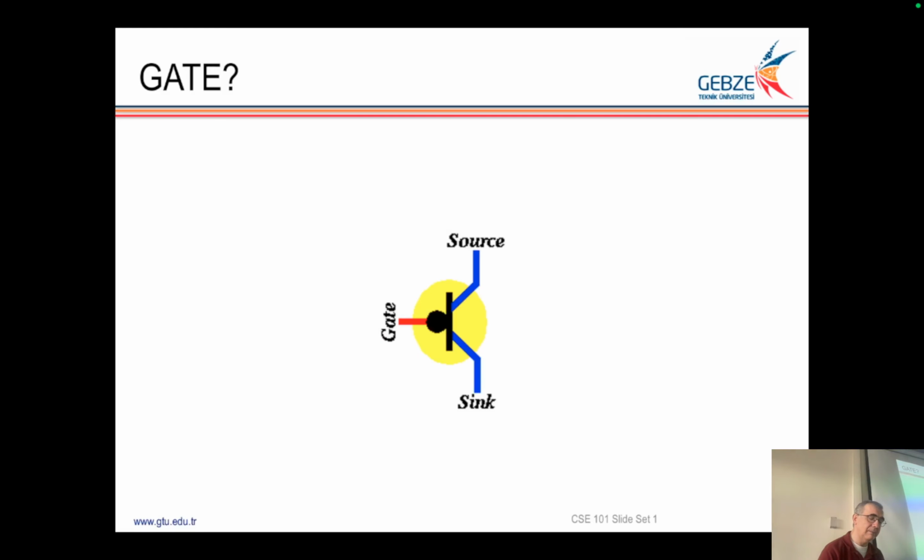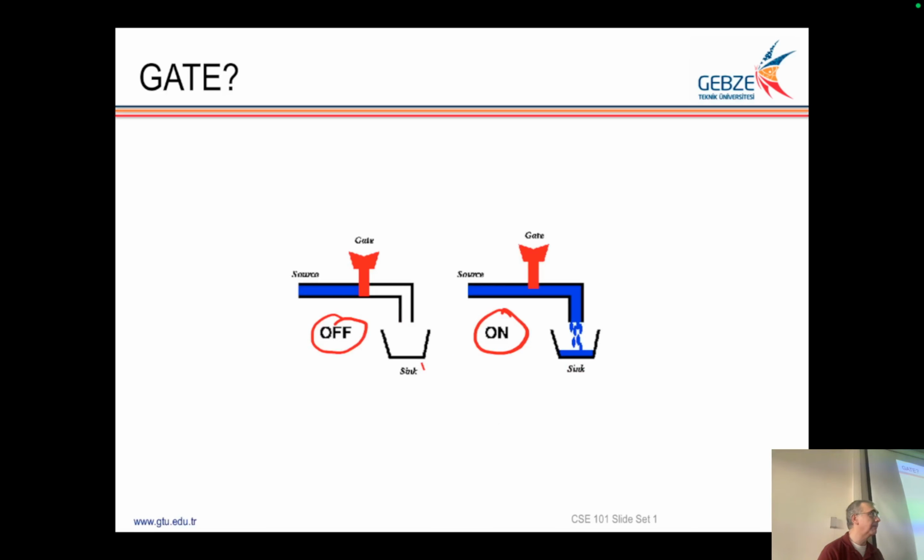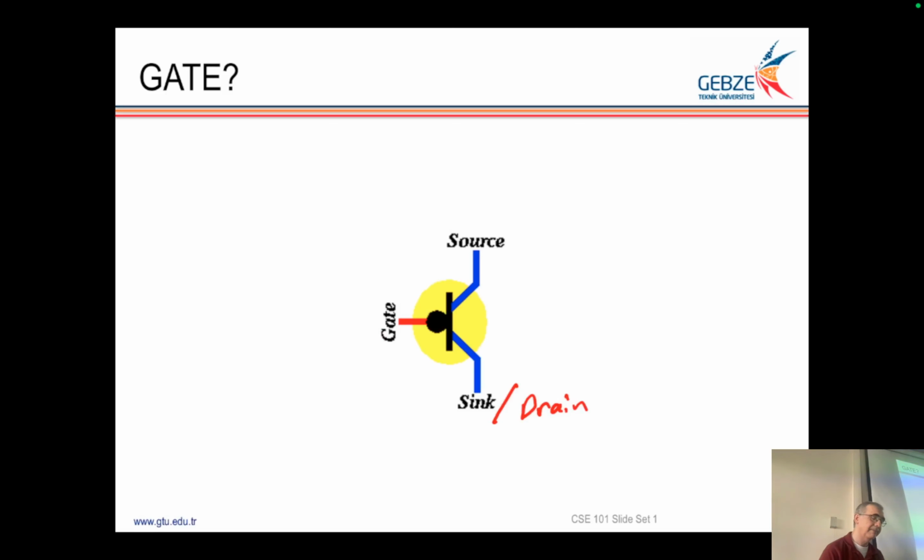In some books, we have drain. Drain also has the same meaning, like sink. Okay. So by controlling voltage here, I can make this conductor or no conductor. I can turn it on, off. If it is transistor,